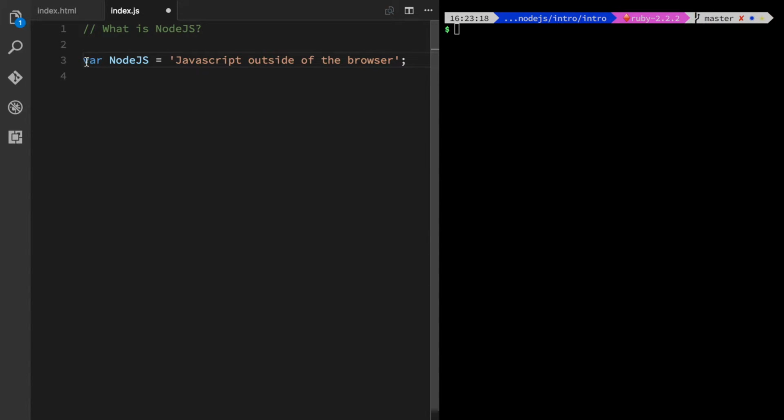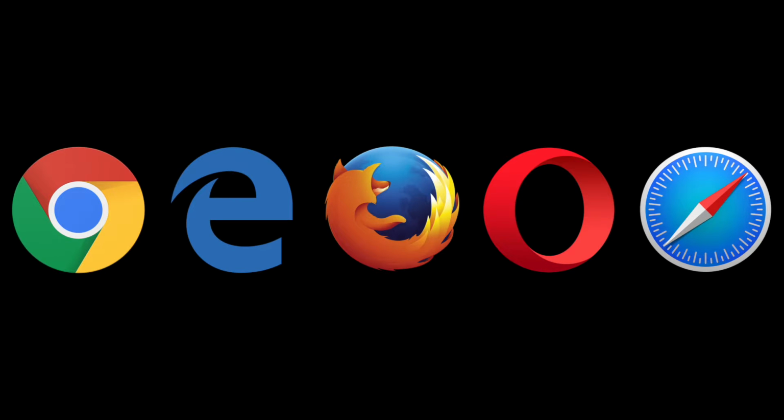And what do I mean by that? Why do I say that? If you're not familiar, when I was originally learning JavaScript a few years ago, before Node had really caught on, and by a few I mean like 10, what I was originally taught was that JavaScript existed inside of a browser, whether that be Internet Explorer or Firefox